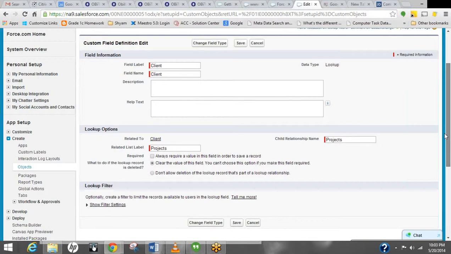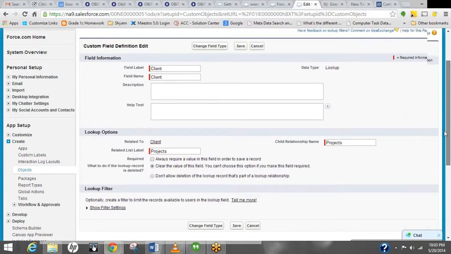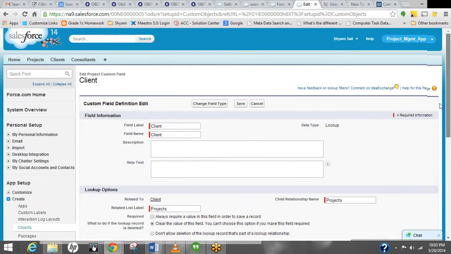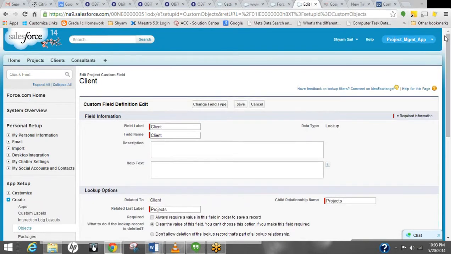Okay, no worries. Let's do one thing. First of all, please mute your microphone. Please go ahead and delete this field, and then you can create one more field. I think you might have made a small mistake somewhere. So for the time being, if you just delete it, it should be fine.